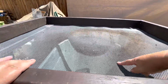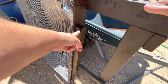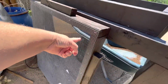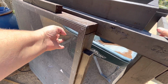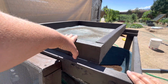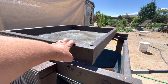This is 1/8 inch hardware cloth. And then my husband built this part of it, and this sets down into here. This part right here rests on the top so there will be a gap in between the 2 layers, and this is 1/4 inch hardware cloth. So I will use this more for my hot compost bin pile, and this for capturing the worms as well as their cocoons. And I'm going to show you how it works. Today we'll only be showing you the 1/8 inch hardware cloth,